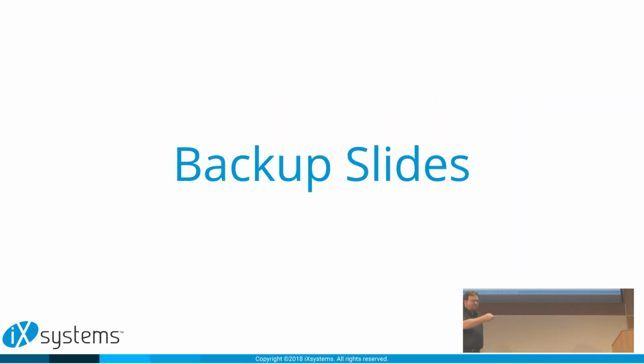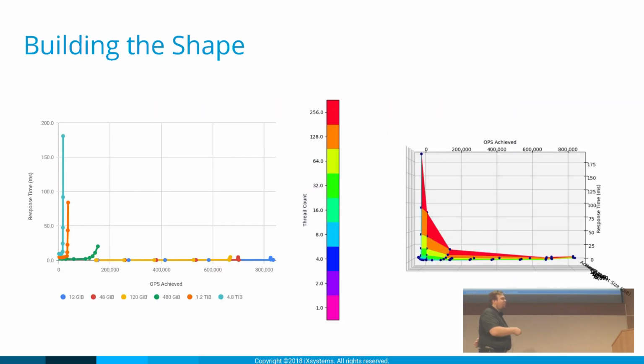So let's look at some different shapes. I just wanted to show you, this is normally what you'd get when you test multiple active data set sizes. If you just do a 2D chart, you have all sorts of lines on top of each other, and you can do log scale to try to make it look better, but it looks really ugly, at least in Google Sheets. So if you just negate the z-axis and look at the same view in our 3D plot, that's sort of what it looks like. And it's really the same thing.